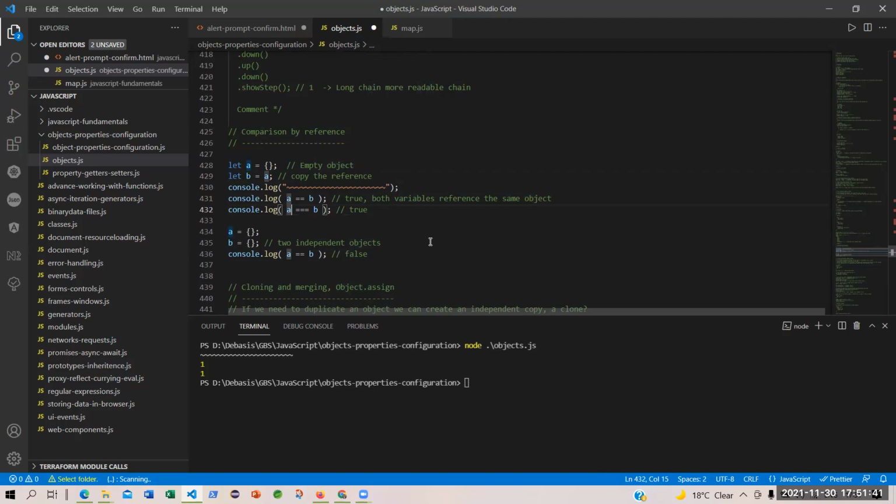Also, A strict equal to B. Will it be true? It will also be true, because both have the same reference, or the reference means the address.